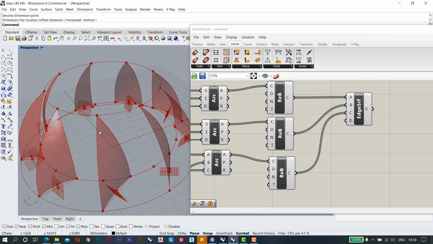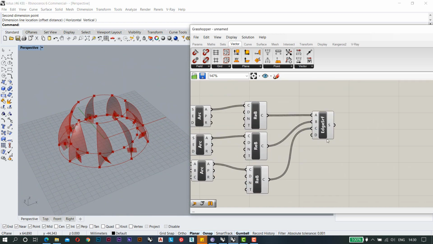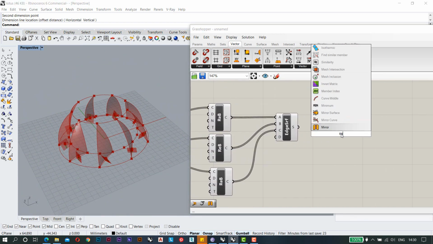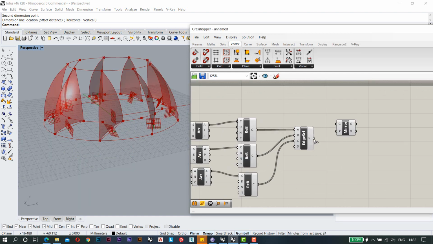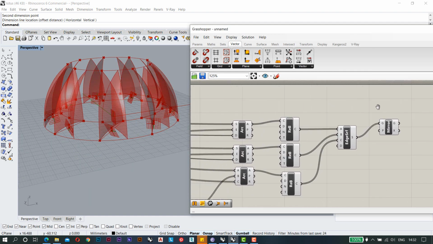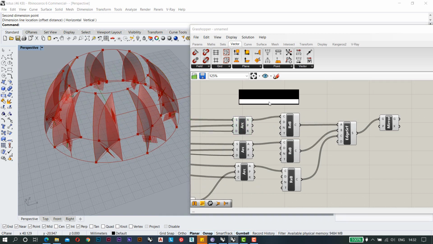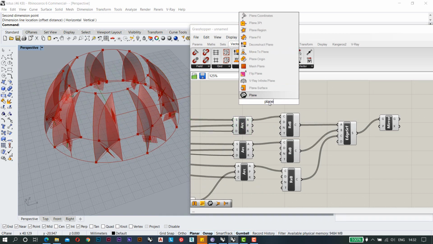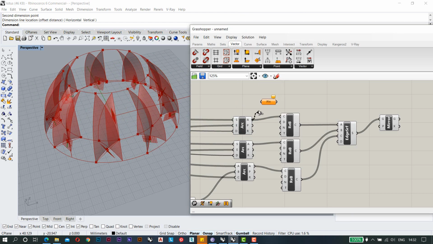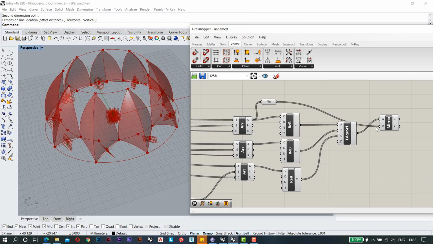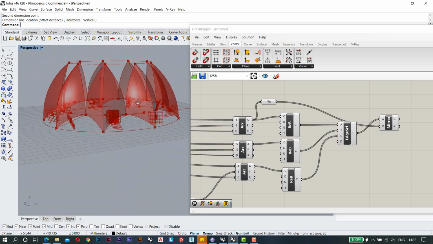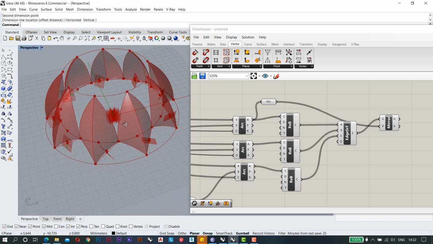Now we need to mirror it. How are we going to mirror it? We will use the mirror command. Here this is our geometry, and we need a plane. That plane will come from these arcs, which are the base arcs. So we will add the plane here. This is our main base plane. You will just add it somewhere here, so it will make the basic form.